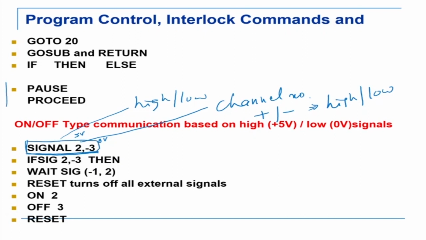Now let us go on top here and look at the logical statements. These are logical statements that are there for the robot to perform logical operations. For example, go to 20. So it basically means go to line number 20 given here. Then go sub return. Now in this robot programming, a robot would be doing repetitive tasks. For example, it is going to pick up an object from somewhere and then do some indexing